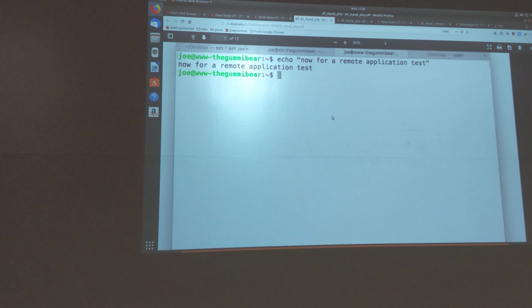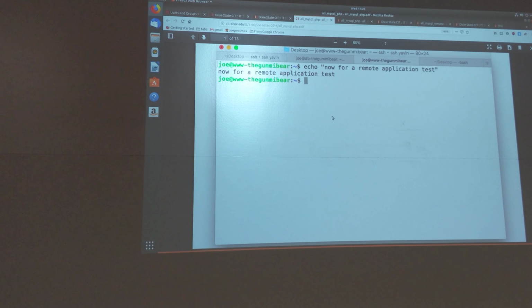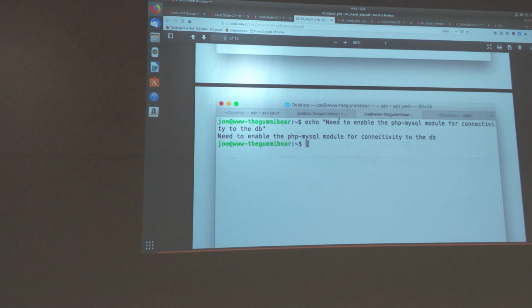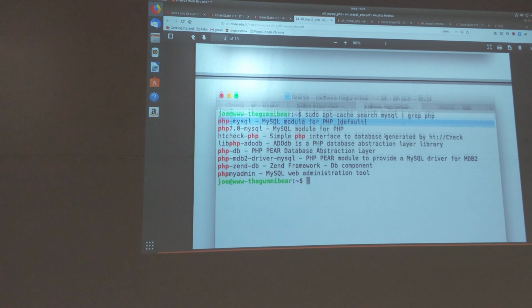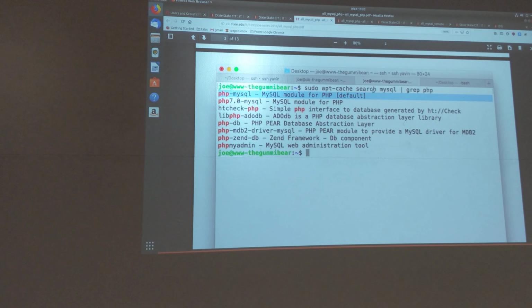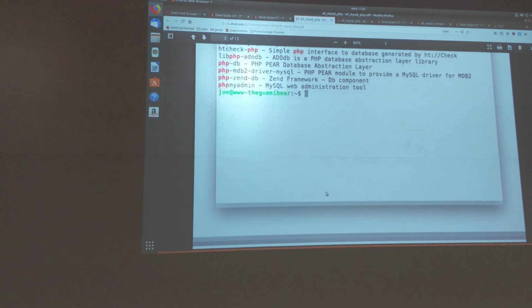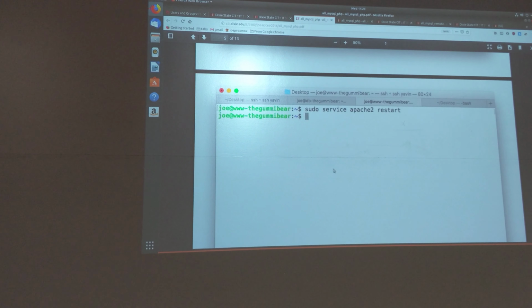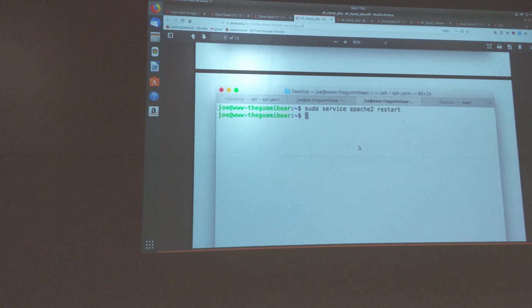So on our web server, we're going to create an app that's going to connect back to our database, and here is an example of how we might do that. We already have PHP installed, so we could just install or enable the php-mysql module so that PHP can connect to our MySQL database. So I searched for apt-cache search mysql | grep php. That looked like a good, promising candidate. So I installed php-mysql, and restarted Apache, because now Apache has to make use of that new